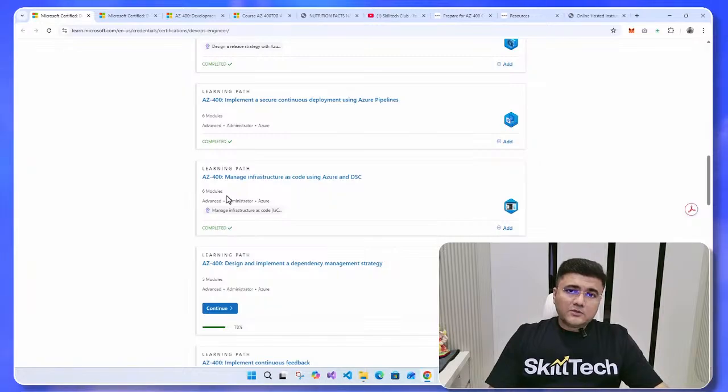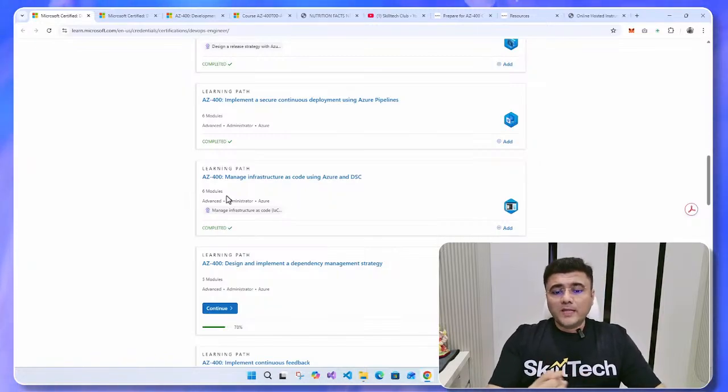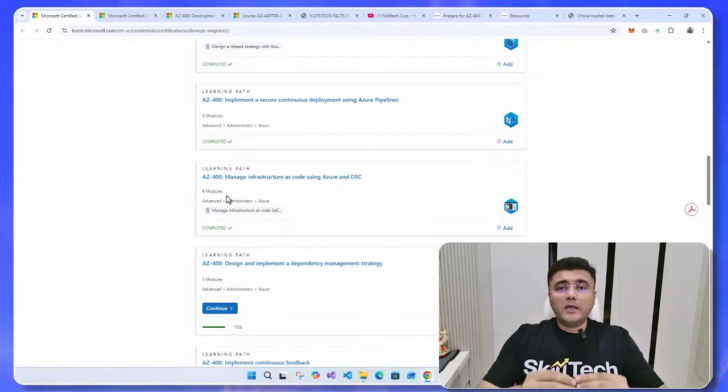If you have heard about names like ARM template, Bicep template, Terraform, Ansible, these are all infrastructure as code, which allows you to automate the infrastructure deployment, and it basically makes your infrastructure immutable.